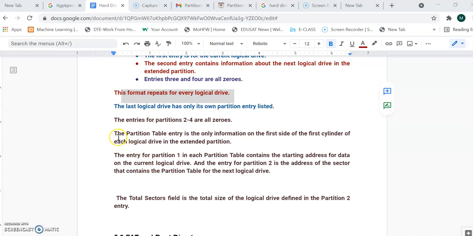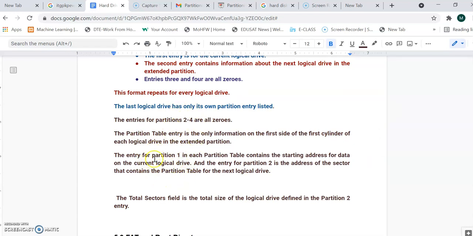Now where exactly does this partition table reside? It is present at the first sector of the first cylinder of your drive. Your hard disk is divided into different cylinders. You can compare the cylinders to different CD drives, and every cylinder is divided into tracks and sectors. So your partition table is the first entry in the first track, first sector and first cylinder. Here the partition table is present, containing the master boot record as well as your logical partitioning record.